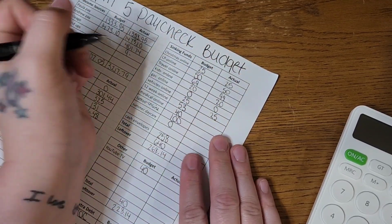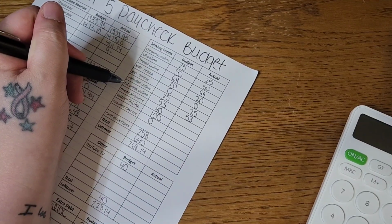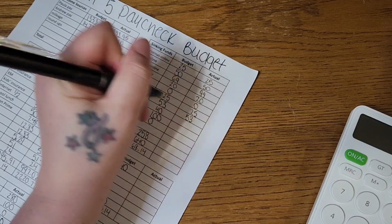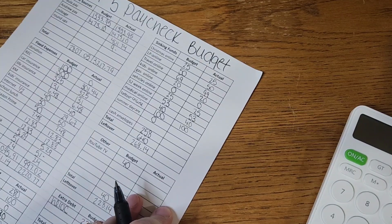$25 set aside for vehicle repair and maintenance. $53 into the 52-week challenge, which goes into my high yield, right into my emergency fund. And I did put $40 aside for medical and $100 aside into my tattoo sinking fund. And then